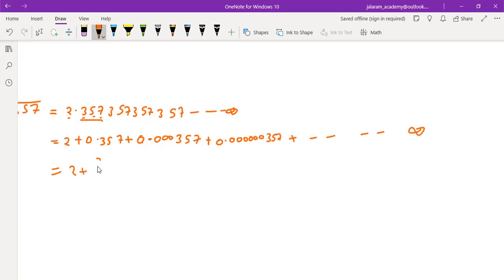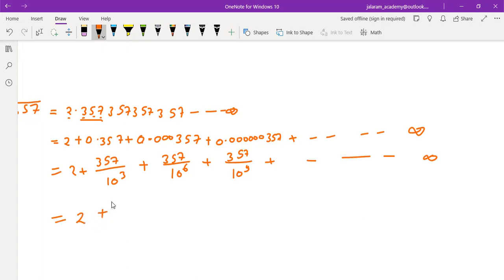So 2 plus, if we write it, 357 upon 1000, 1000 means 10 cube, plus 357 upon 10 to the power 6 plus 357 upon 10 to the power 9, and so on up to infinity. 2 is constant. It is not among the terms of GP. 357 is common in all. Upon 10 cube is also common. So inside the bracket, first term is 1. Next is 1 by 10 cube. Third is 1 by 10 to the power 6. Fourth is 1 by 10 to the power 9, and so on up to infinity, equals